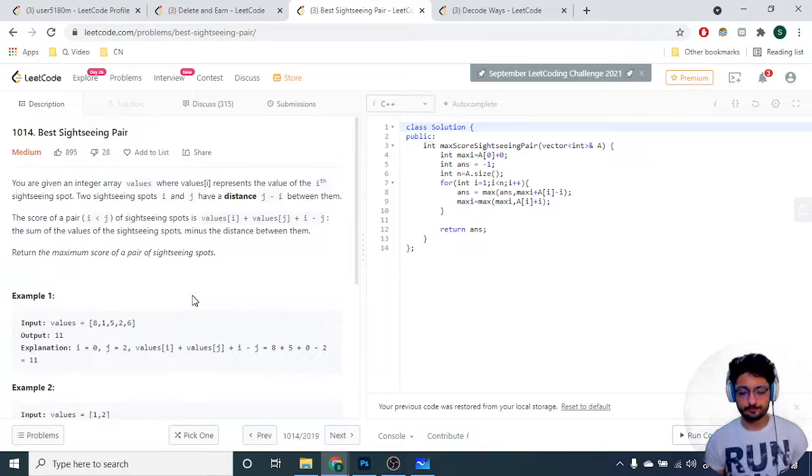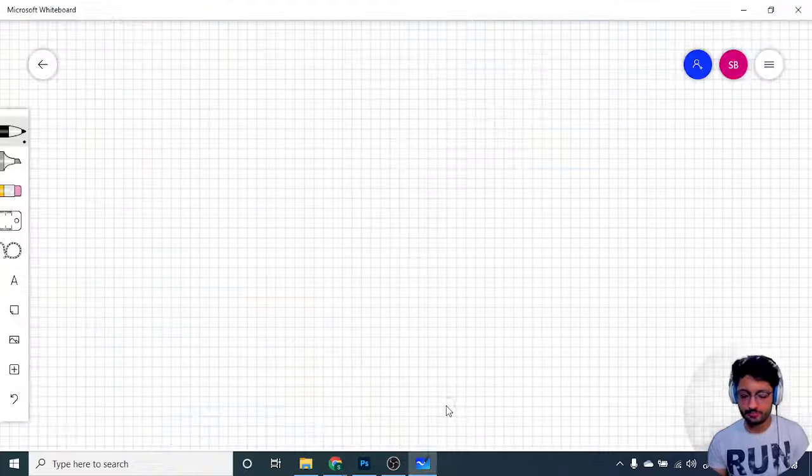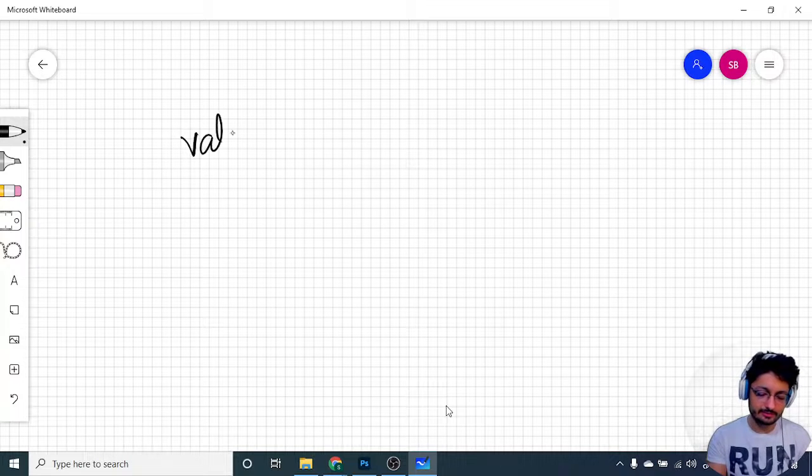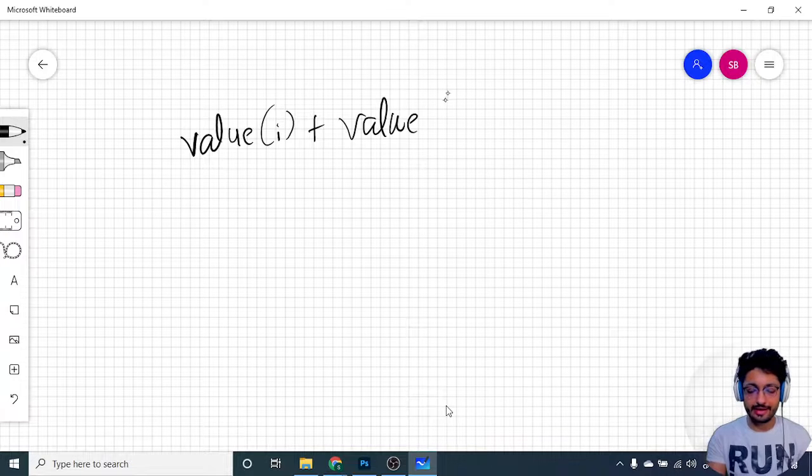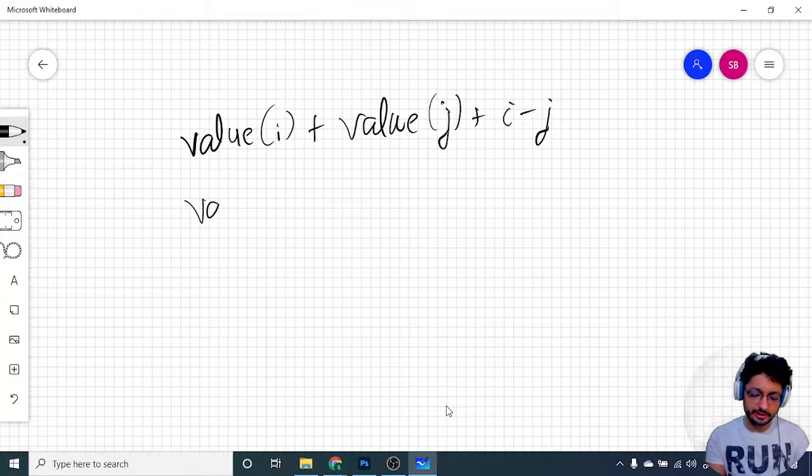So how can you do that? In such types of problems in which you are given some equation, because you have to maximize the score, try to gather all the terms of one type on one side and the other type on the other side. So what I'm trying to say is that the equation is values[i] plus values[j] plus i minus j. So why not think of it in these terms: values[i] plus i